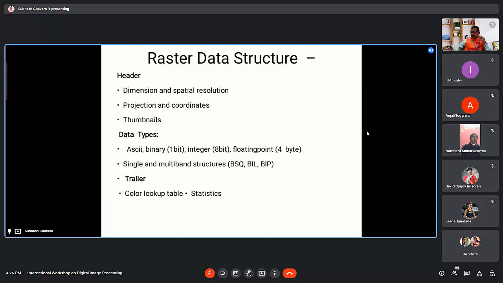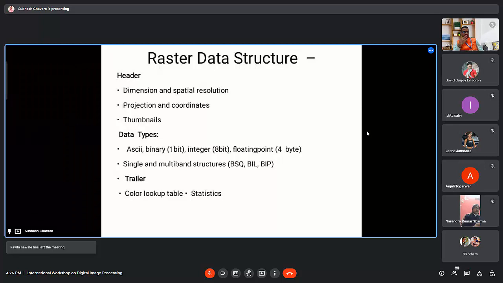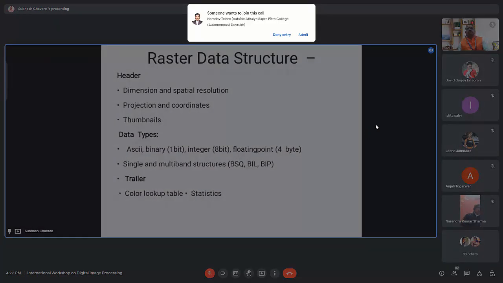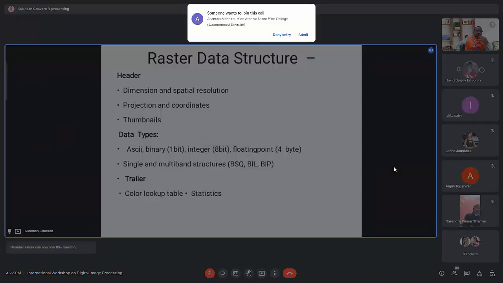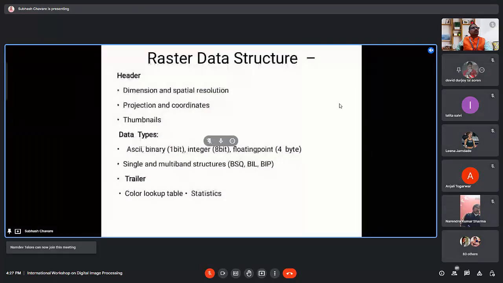Now the satellite data we are using is already projected. We need not reproject the data, because if we are downloading the satellite image from Earth Explorer, USGS, or from Bhuvan 3D, or otherwise getting the data from NRSC, that data is projected. There is no need to reproject the data for our purpose. We are getting directly projected data. We just have this information, called header information, and another information regarding that satellite image, when it was